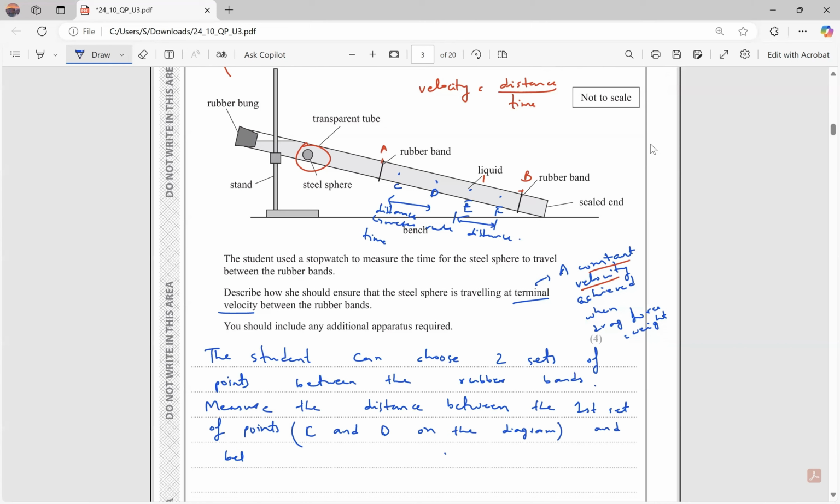And between E and F. Okay, so now we have two distances, distance 1, distance 2. Then now to find out the time taken,